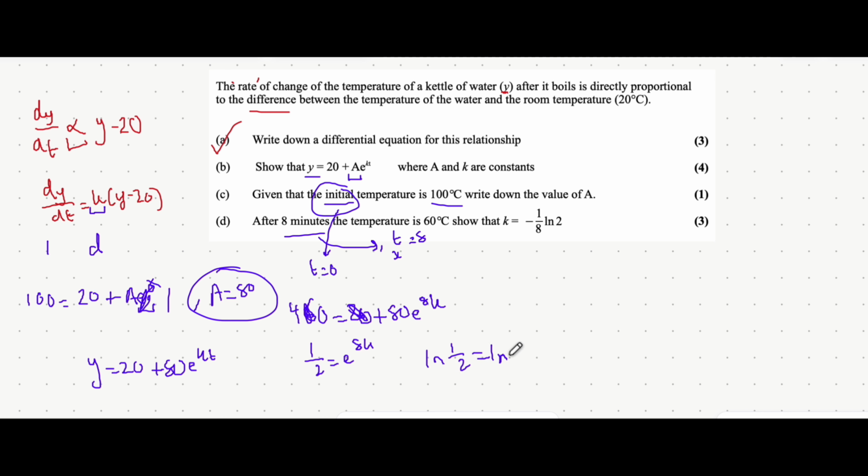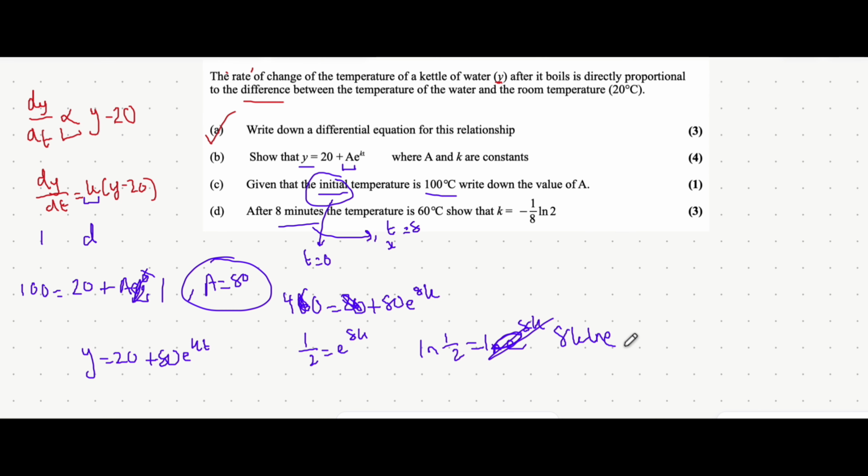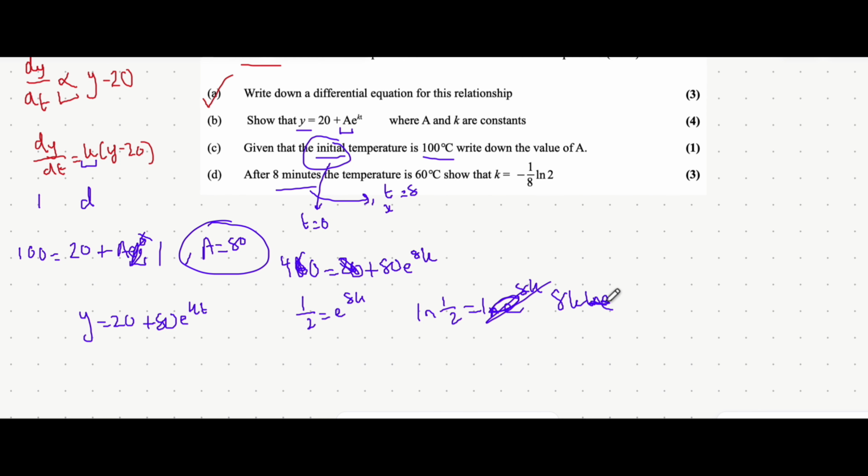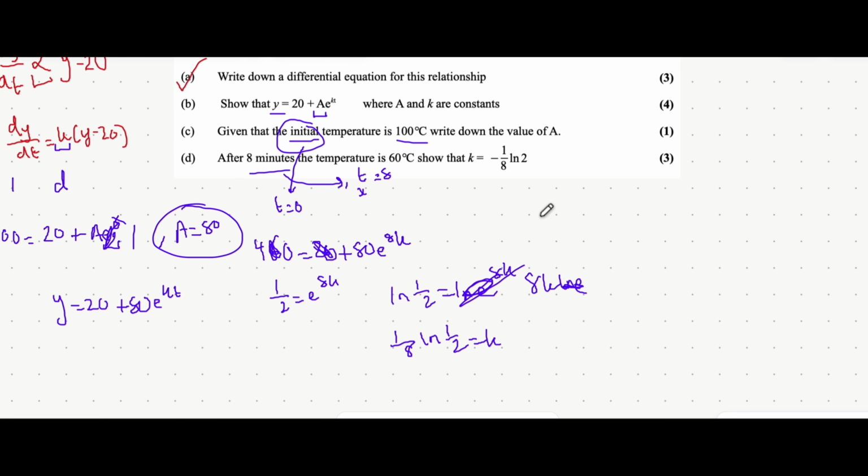ln of e to the power of 8k. There's a rule that tells you can bring the power forward as a coefficient, so you can write this out as 8k ln e. And because ln e is just equal to 1, you can write this out as 8k. To finish off here, we can divide both sides by 8, so you get an eighth of ln a half is equal to k. But we're not quite finished yet, because what we can see here is they added another